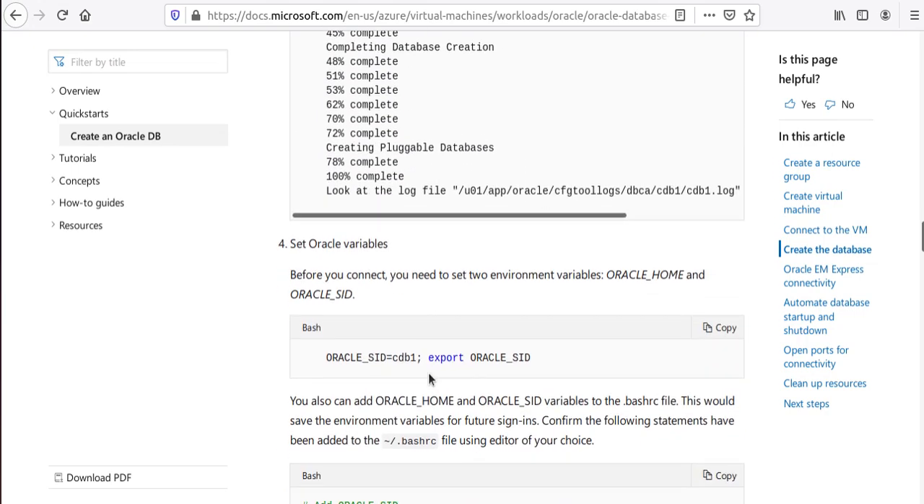Next, we need to set a couple of variable names for Oracle before we connect to the Oracle database. The first thing we're going to do: ORACLE_SID is one of the environment variables that we need. We're going to set it to CDB1, and then export it so it's available everywhere. So let's copy that one and come back,